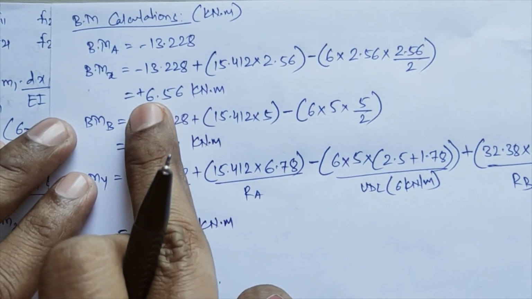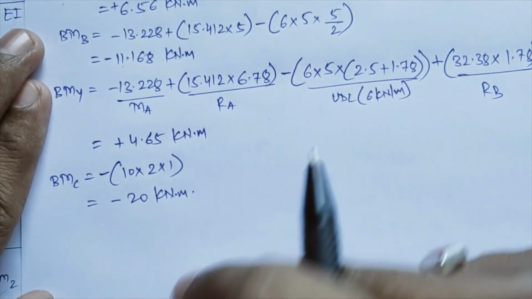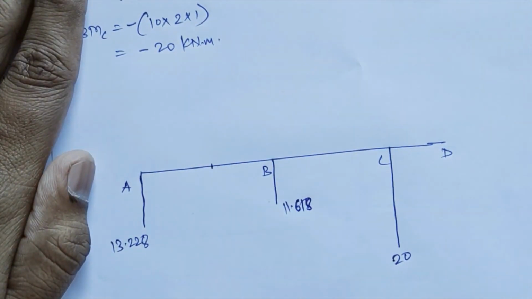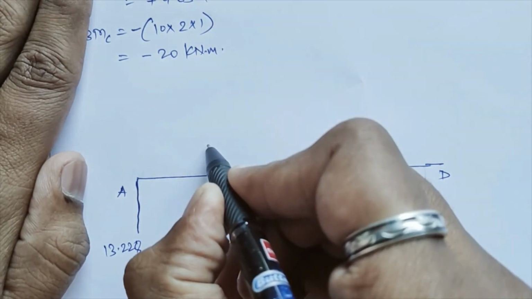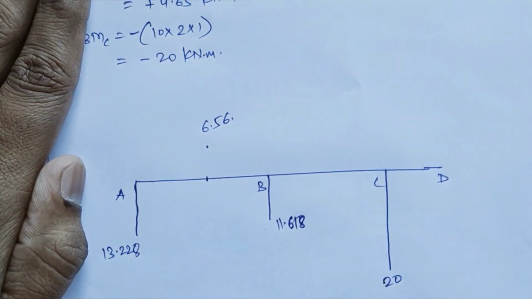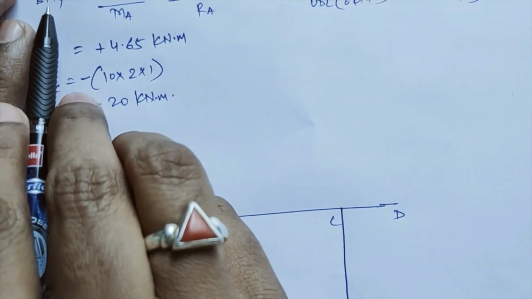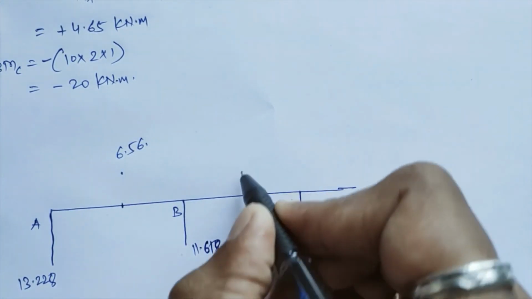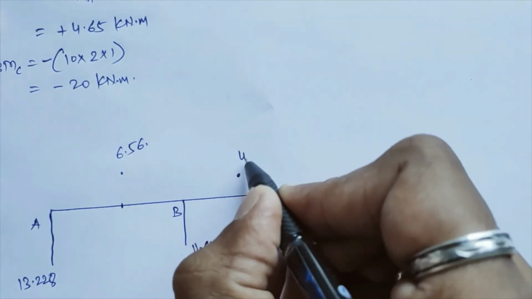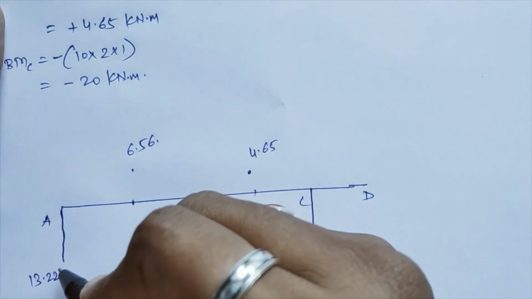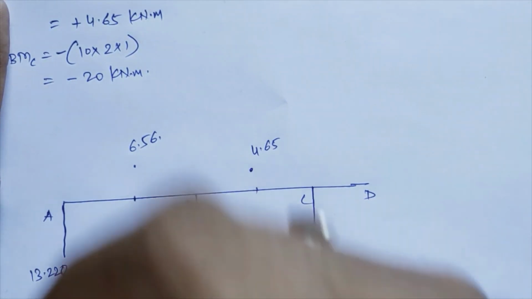Okay, now after that at point X I am having a positive moment of 6.56, positive, that will be on the upward side. So X is somewhere here, right? So from that X value, that is 6.56, so somewhere here that will be 6.56 over there. And next at point Y I am having again plus 4.65, that is positive moment. X is somewhere, Y is somewhere here, so this value I am getting equal to 4.65 over there. Okay, now you are having UDL, so in bending moment diagram it will follow a parabolic path.